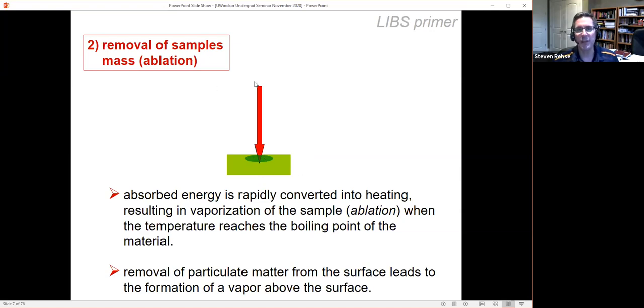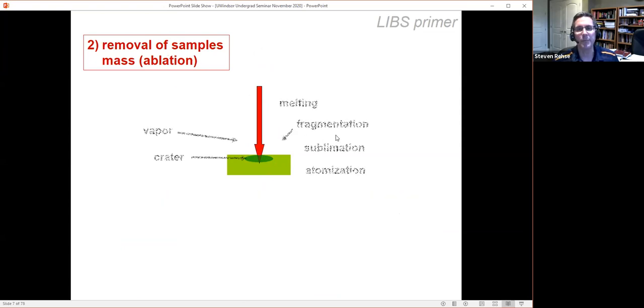And this laser pulse is still illuminating the sample because this is all happening in picosecond timescales, and the laser pulse is like 10 nanoseconds long. So this is the ablation step. So it kind of looks like this. So you see what's happened. The material has been removed. You're starting to form a crater, and all the mass from that crater is now contained within a cloud of